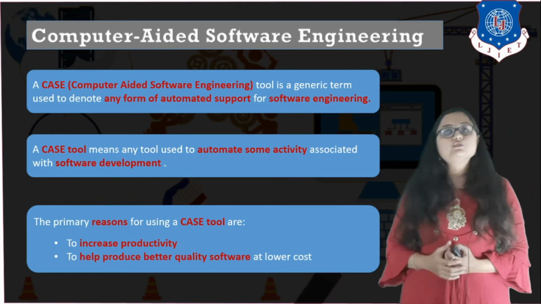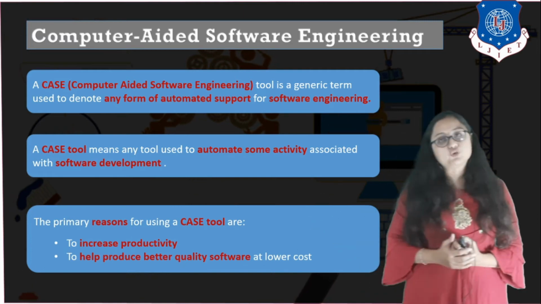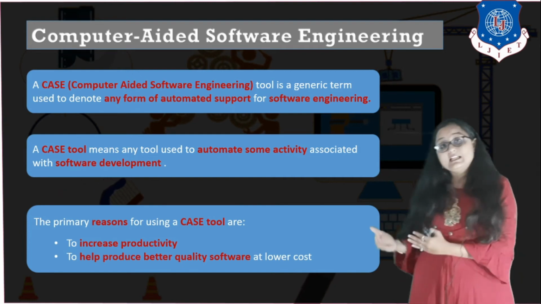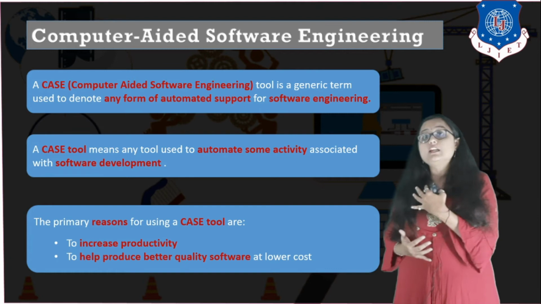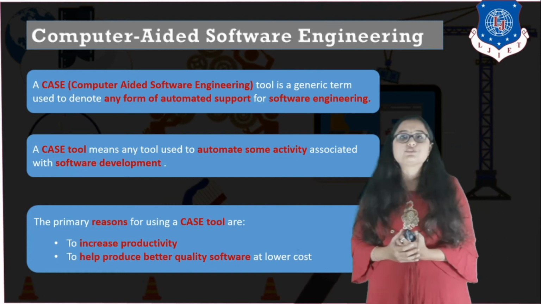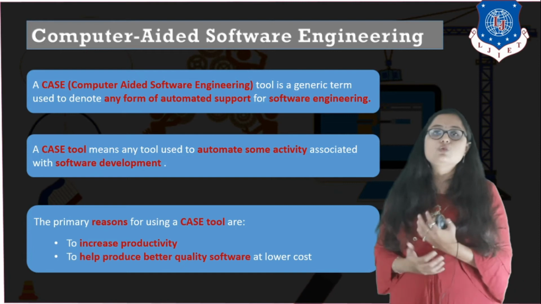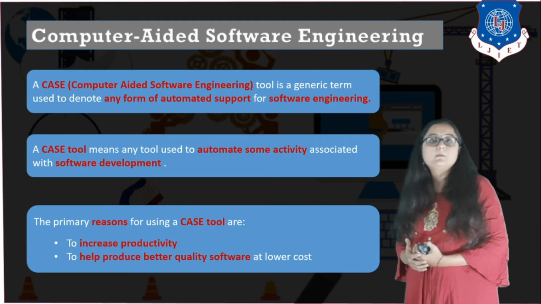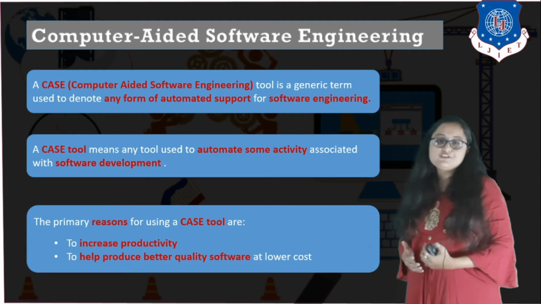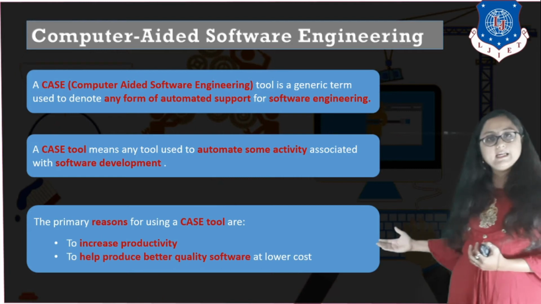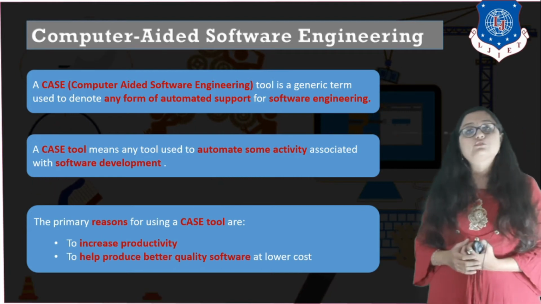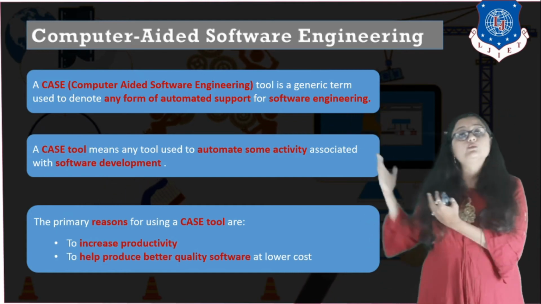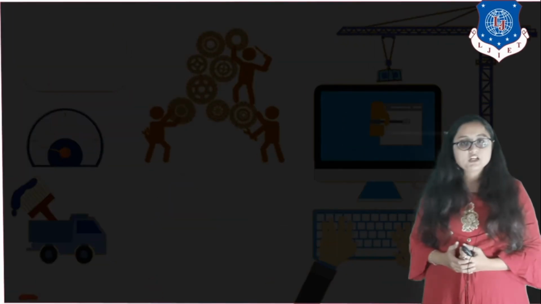Also, apart from reducing the time, you will increase the productivity, right? Because you are reducing the time of software activity. So the time that you have saved, you will actually have for developing the software quality-wise, right? So you will have more time for quality analysis. That will in turn increase your productivity and increase your quality. Also, it will again help to develop quality software at a lower cost, right? So these are all the reasons why you will use computer aided software engineering tools, right?